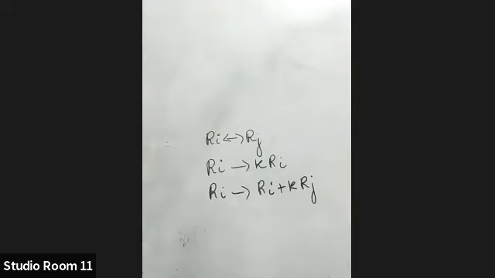Similarly, we have column transformations. Interchanging of 2 columns, multiplying a column by a non-zero scalar. The next one is addition of corresponding elements of one column after multiplying the corresponding elements by a non-zero scalar and adding. Okay, so these are the 6 transformations we have. And using these 6 transformations, we can find the inverse.